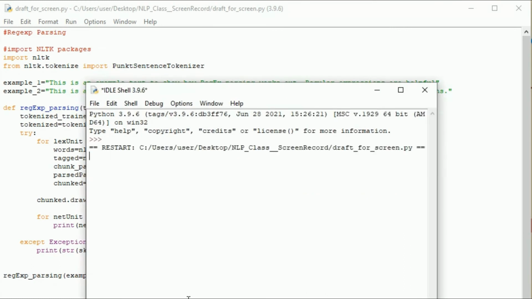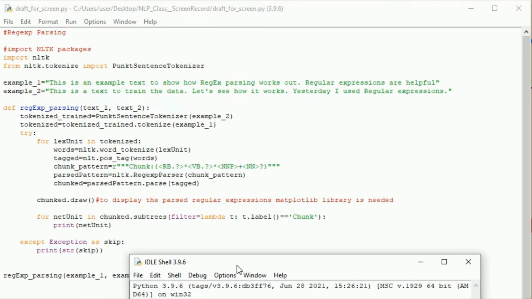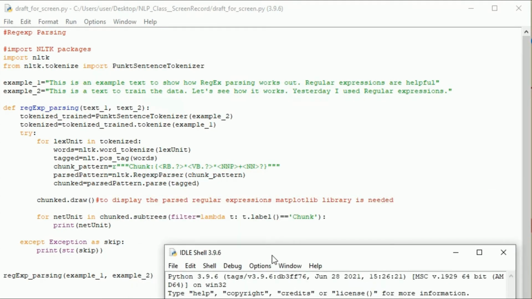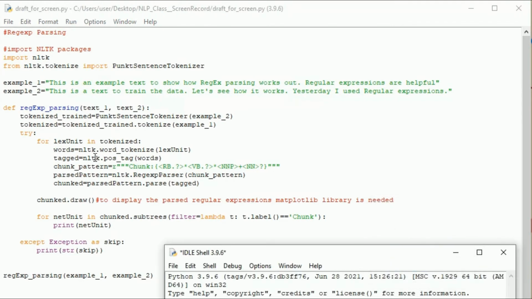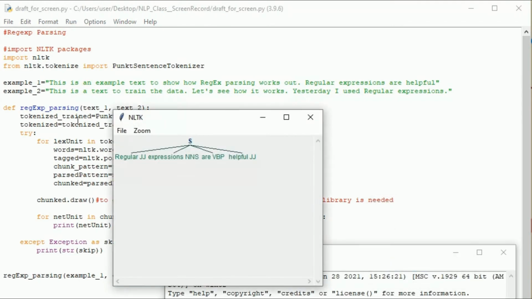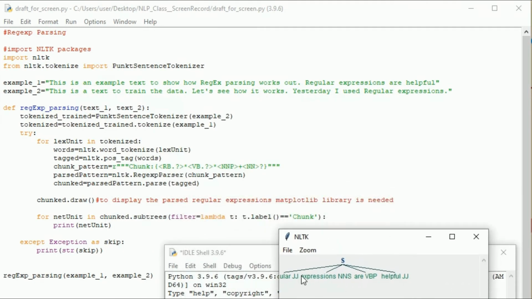Let's print out. Name nltk is not defined. There is an error. Where is it? Here it is, nltk. Let's print this. Here we go. So, regular